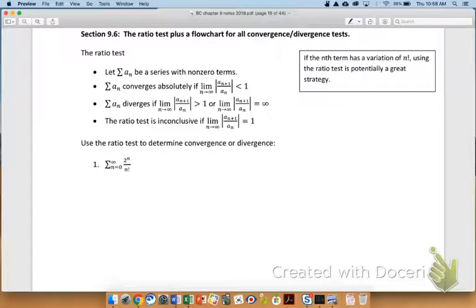And then we looked at a series of like 3 tests that were all sort of interrelated. It was the integral test, the P-series test, and harmonic. All 3 of those were kind of